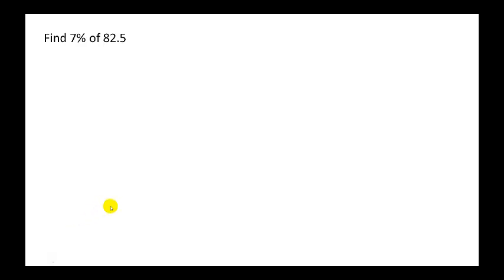Find 7% of 82.5. So to find this part of a number, I'm going to start off by drawing the box to give us a visual aid. So 0% is nothing, that would be 0. On our percent side, we could have 50%, that would be halfway. So half,